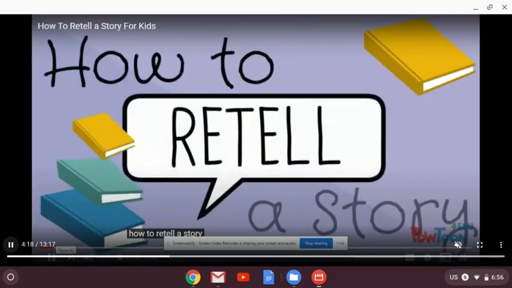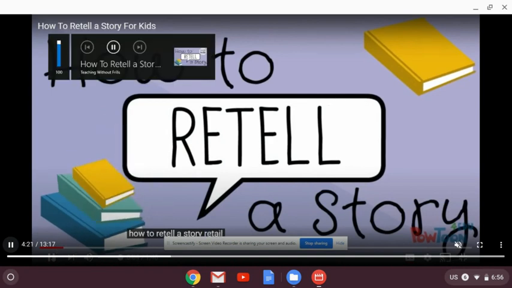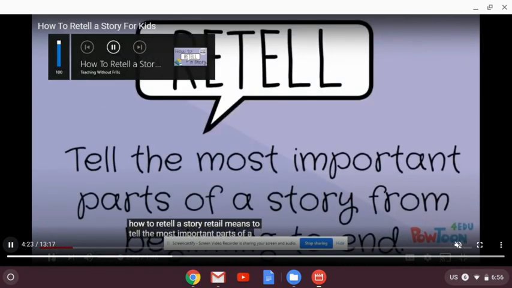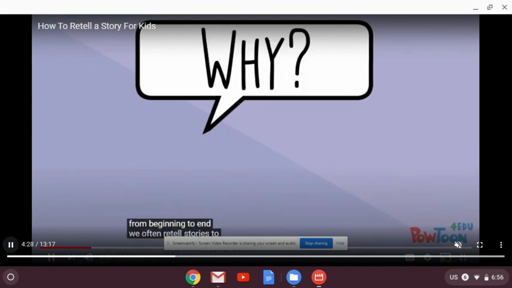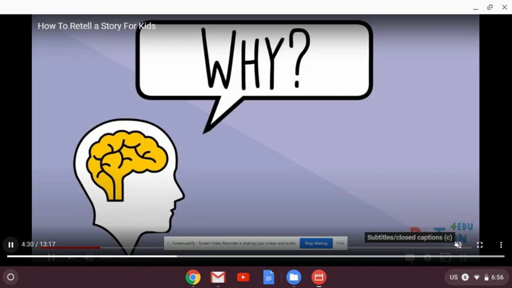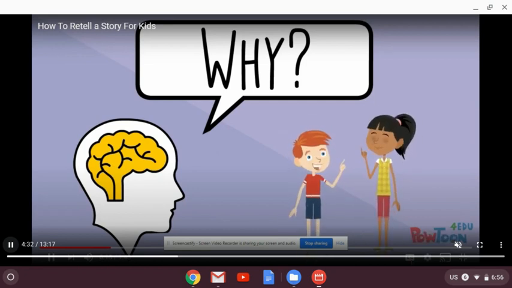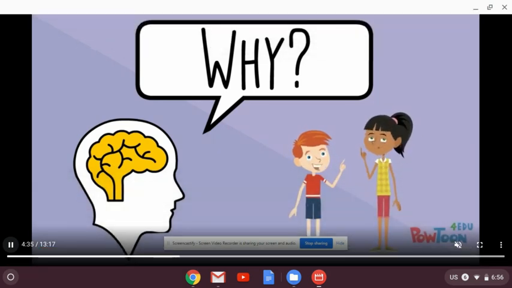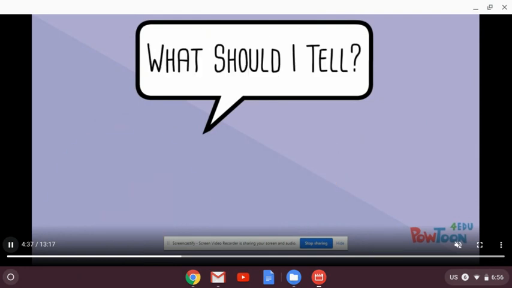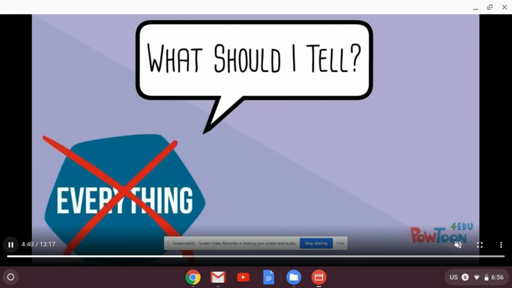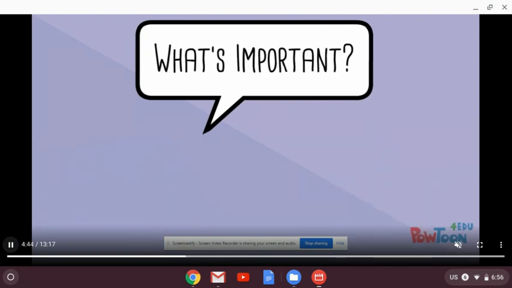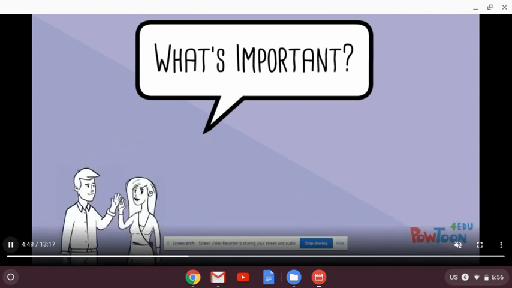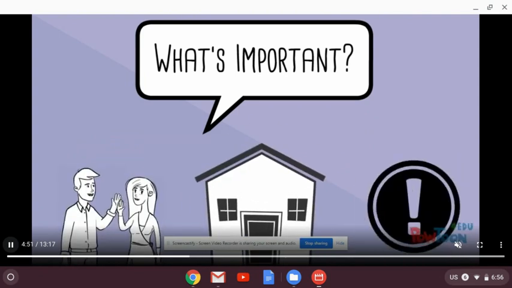How to retell a story. Retell means to tell the most important parts of a story from beginning to end. We often retell stories to show that we understood it. Sometimes we retell a story just for fun because we want to tell our friends about it. When you retell a story, you can't retell everything. You only retell the most important parts. So, what is important? Usually, the most important parts are the characters, the setting, and the big events that happen